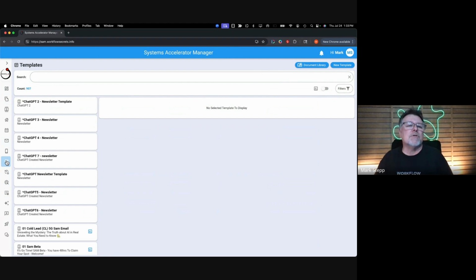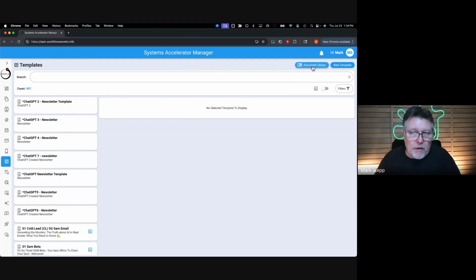pre-designed templates of some sort to their contacts, whether it be new leads, lead nurturing, transactional listing type templates, whatever, about different things. Many times you want to be able to attach some documents to that template. And until now, you couldn't really do that as far as assigning them to a template itself. Now you can. And the way you do that is in the templates area, we now have what we call